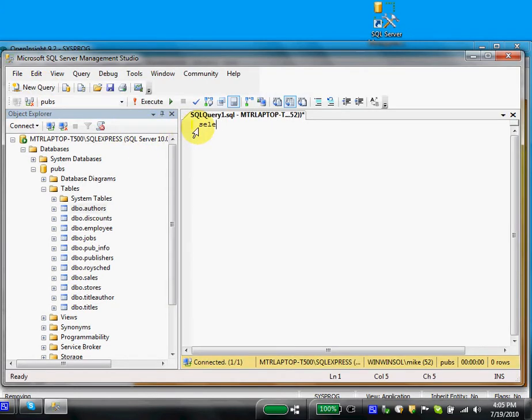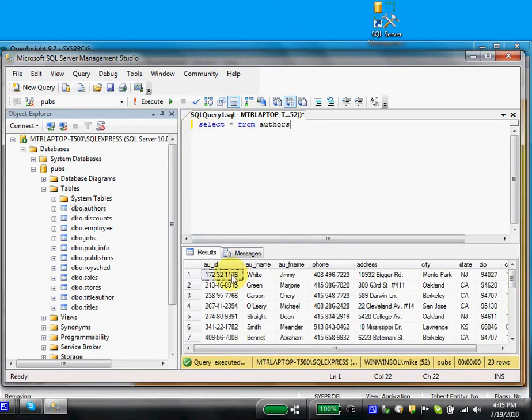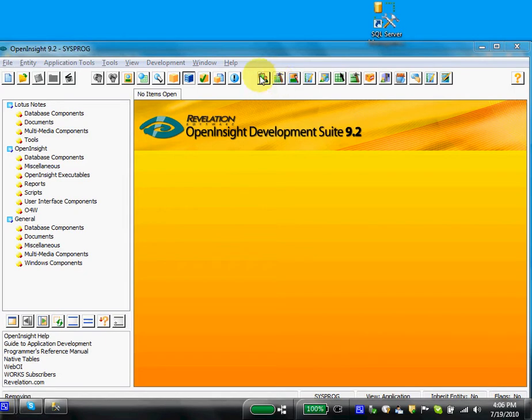I'll say select star from authors, and I'll press Control E to execute that, and you'll see a series of results. So we have a whole bunch of data here from SQL. That's all you want to see right now, that we have a database, that we connected to it. The database is named pubs, and we have a table in there called authors, and these are the columns inside that application. So we'll go back to OpenInsight, and we'll close down this little message here, and we'll go into the